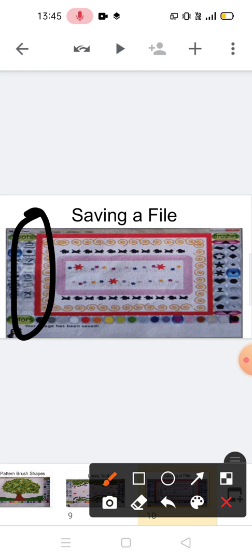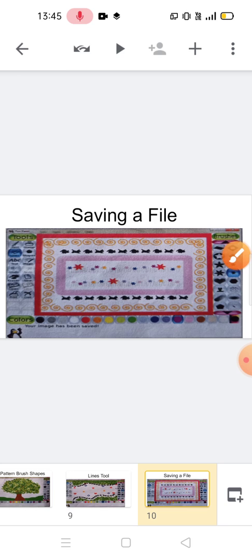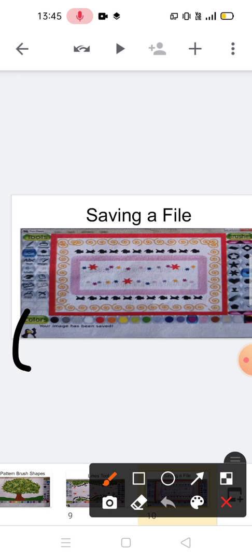Tux Paint saves your file as a thumbnail rather than giving it a file name. The naughty penguin confirms that you have successfully saved your file.